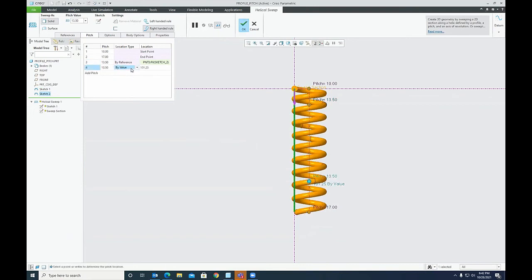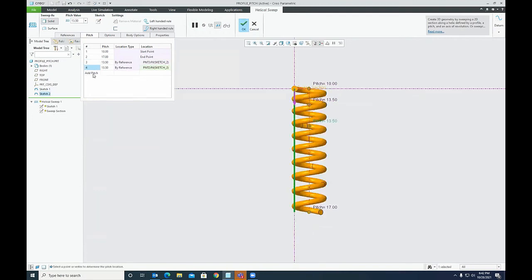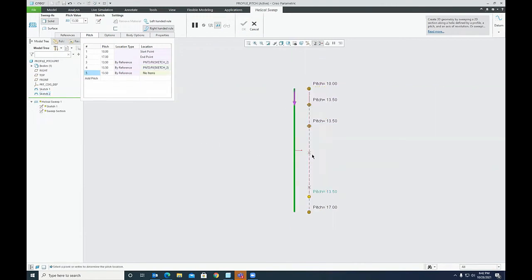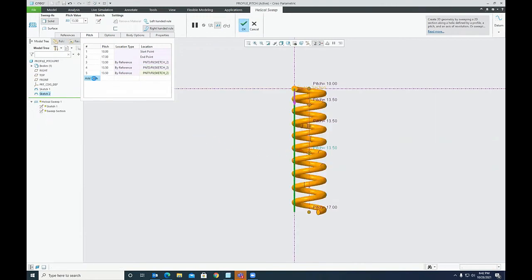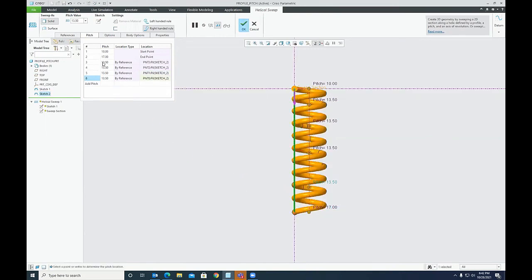Again add a pitch at the next point. Again add a pitch at the next point. Add a pitch, and the next point. So now my only job is to change the values of pitch over here.